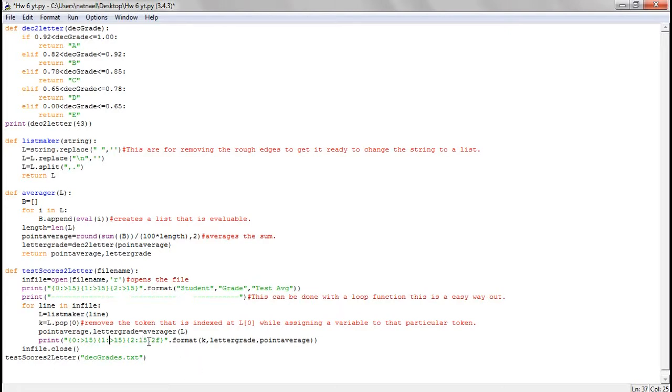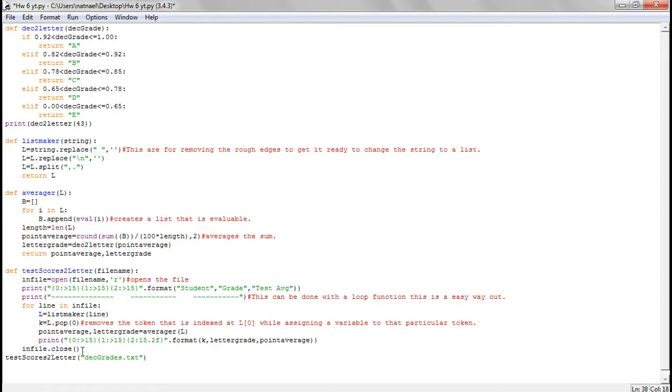Also, I don't need this 0.2f for rounding to two places, because I'm already rounding over here. But it's just another filter so that I don't get any mistakes, just to be triple sure. And then I'm closing this file over here, and as Professor Wellman says, to be nice to the file,